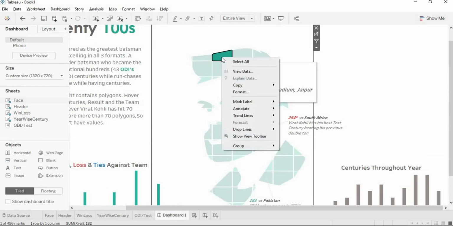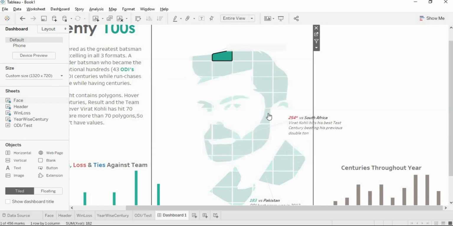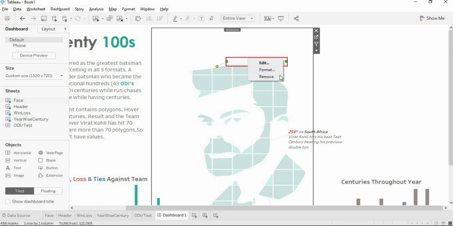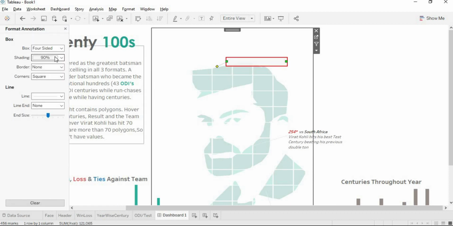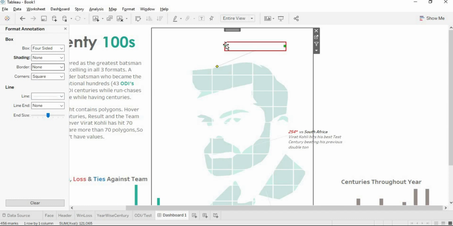So click on it, annotate, mark. Okay, deselect all the content. I don't require all this content. Now right click on this annotate mark, format, and make it none. You could use the annotation mark, but I'm not using it for including the text.